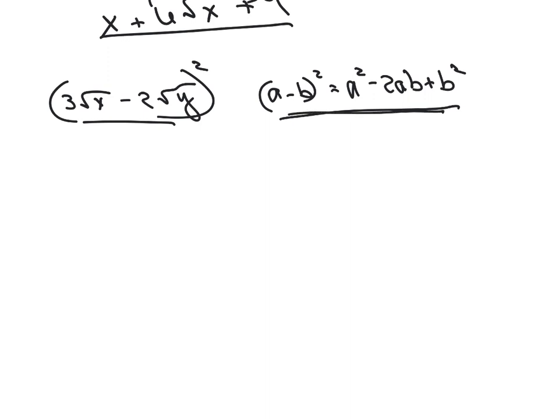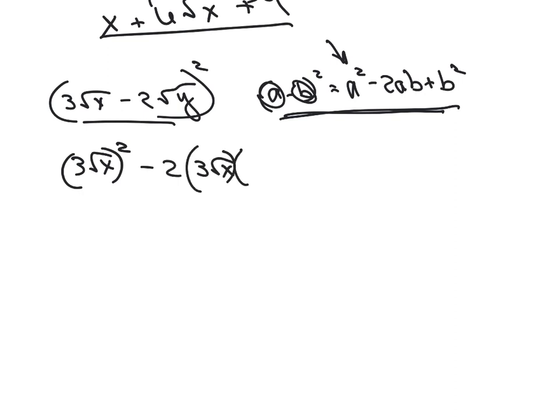But let's use this formula just as practice because it's got a number minus a number and the whole thing is squared like that. So I'm going to take my first term, square it like I did here, minus 2 times my first term times my second term, and then I'm going to square my second term. Okay, so once I have that, now I can start